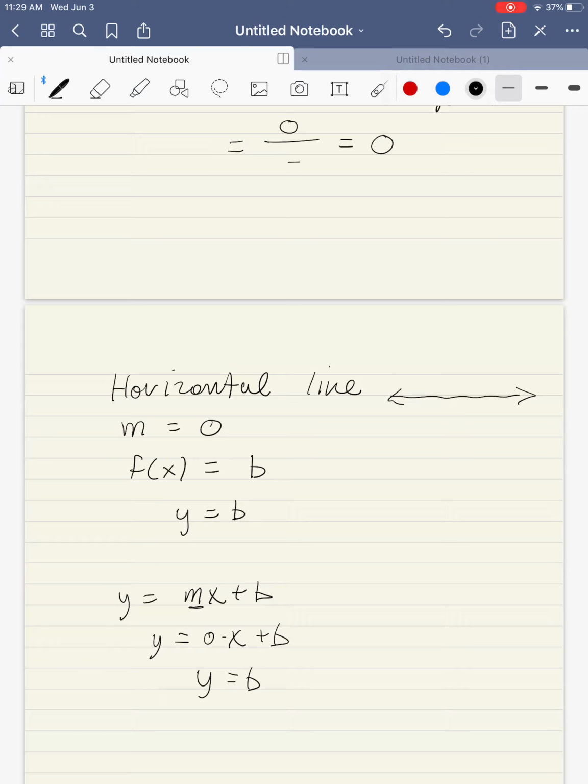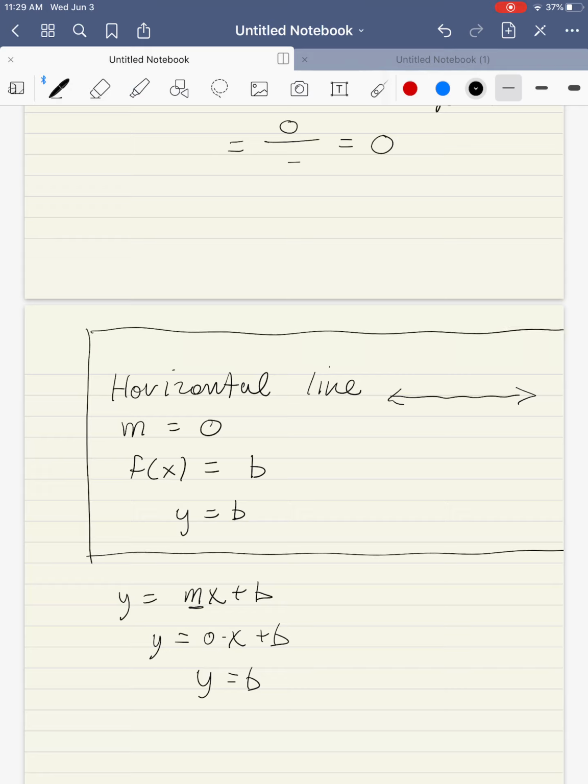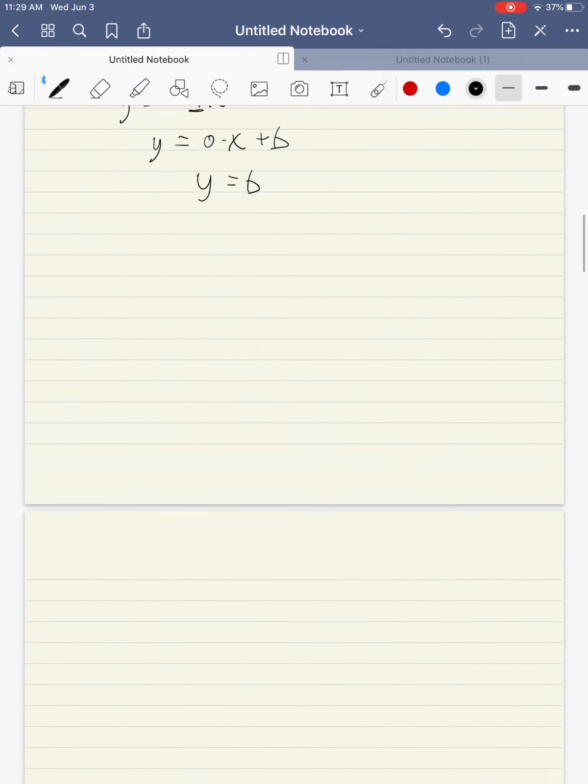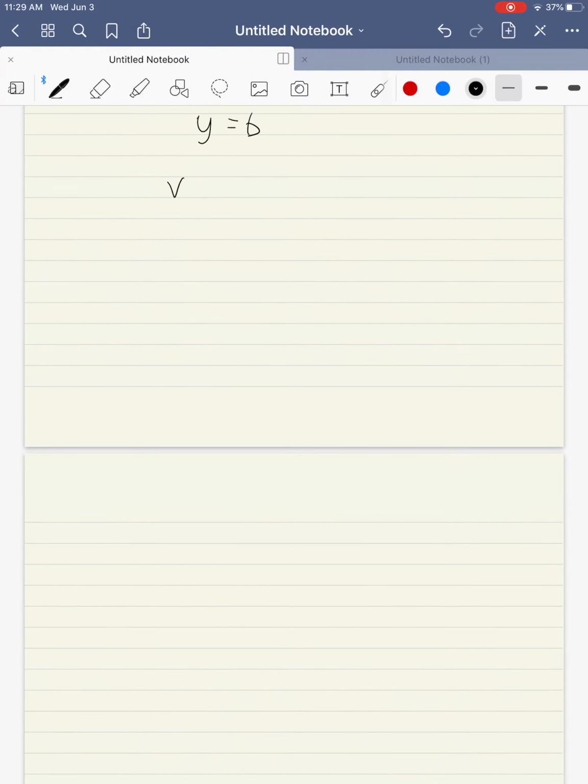So a horizontal line is always a straight line side to side, it has slope equal to 0, and it is always of the form y equals b, where b is the y-coordinate of our y-intercept. And it is a function. Let's look at vertical lines. A vertical line